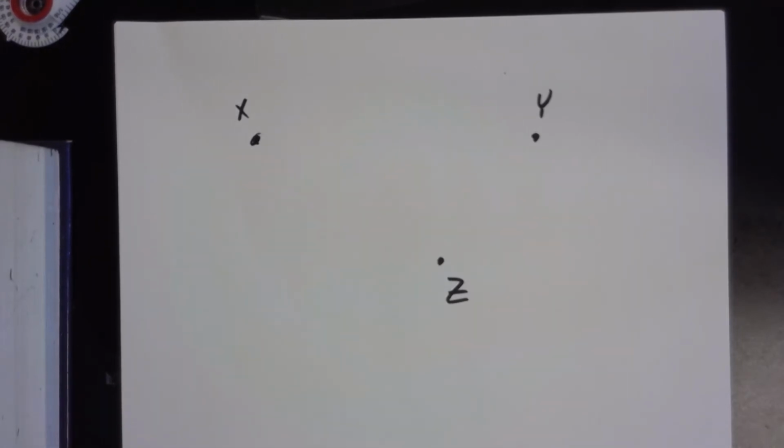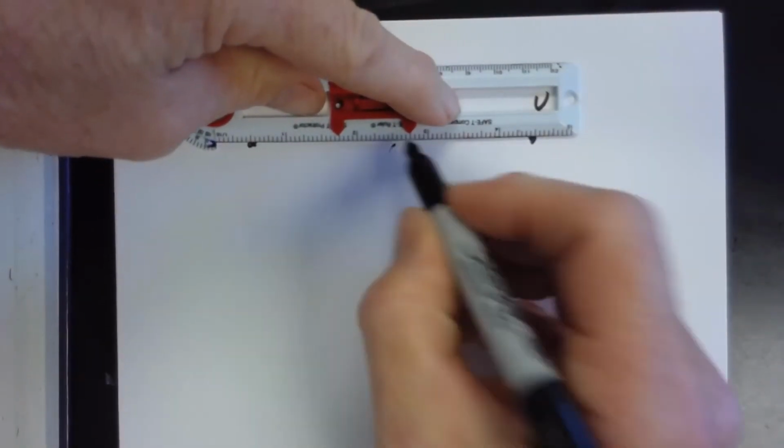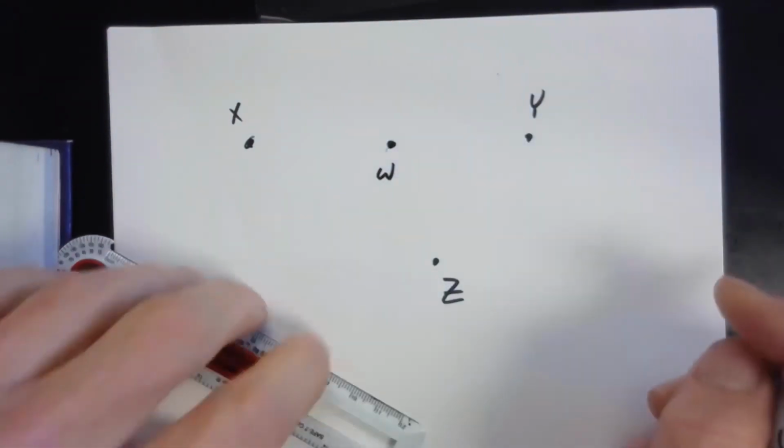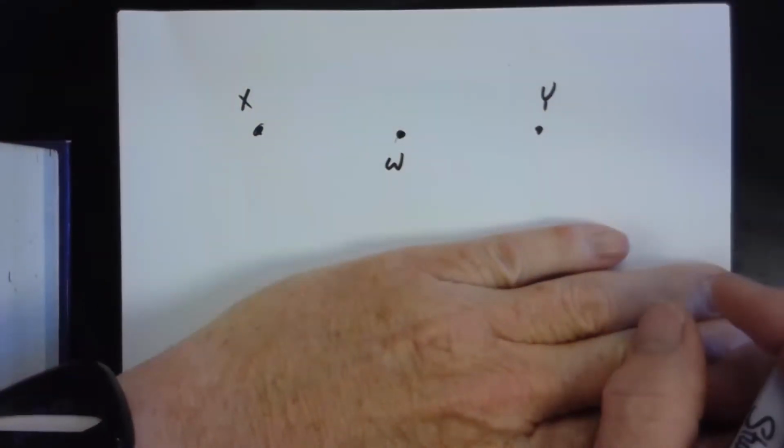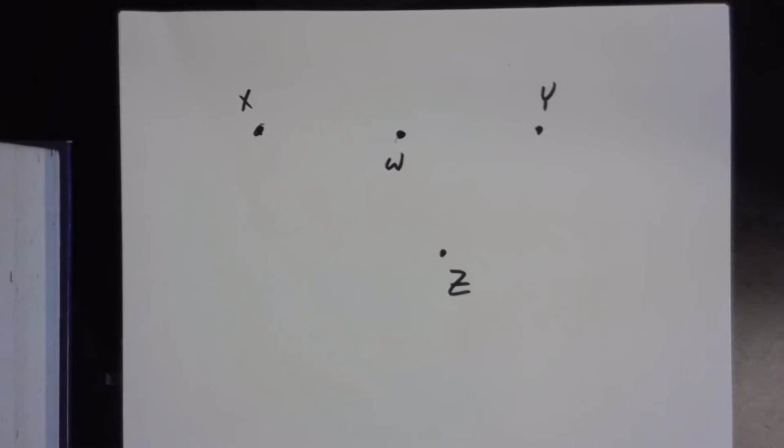Through any 2 points, there's exactly what? 1 line. And through any 3 non-collinear points, there is 1 plane. Now, they have to be non-collinear. I mean, if I have point W here, well, I can't name a plane with those 3 points because there's more than 1 plane that can pass through them. Right? Okay. And then the other one is, okay, if a line contains at least 2 points, then a plane contains at least 3. Yeah, it has infinitely many, yes, but at least 3. Can we say it that way? Okay.